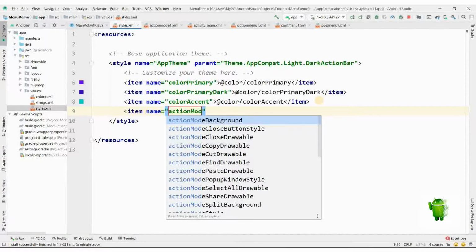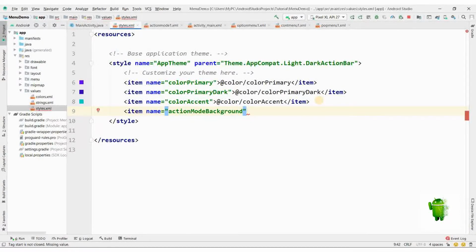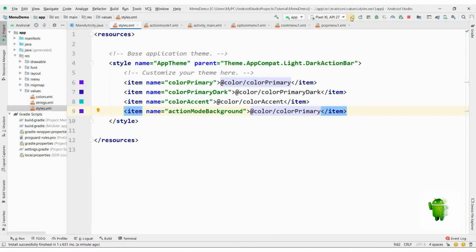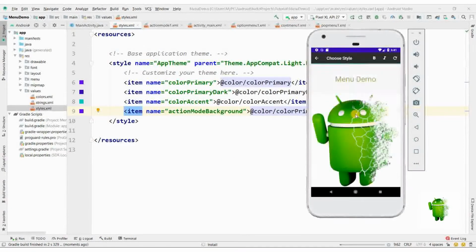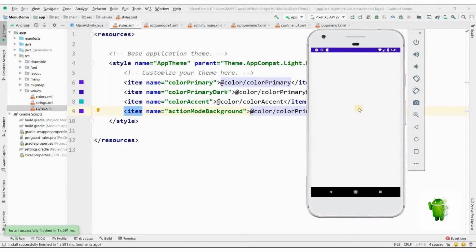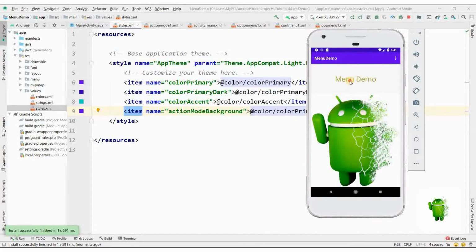Action mode background to at the rate color primary.